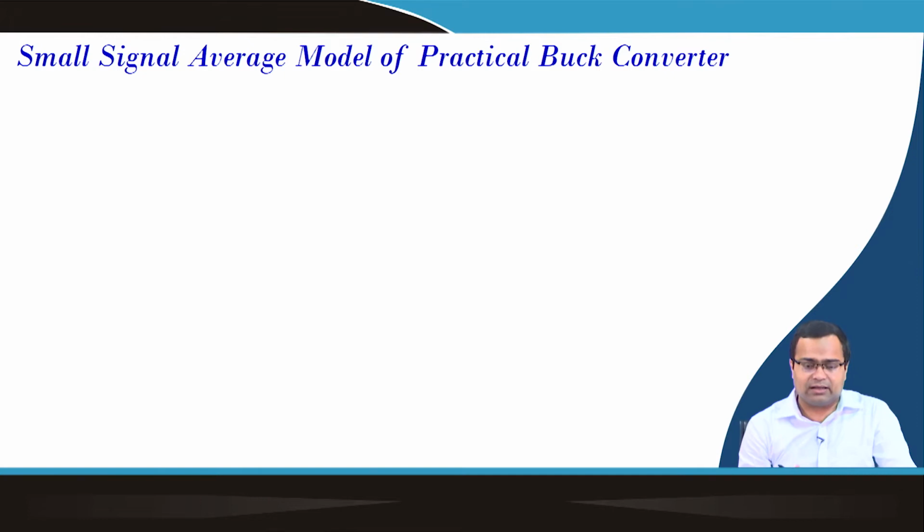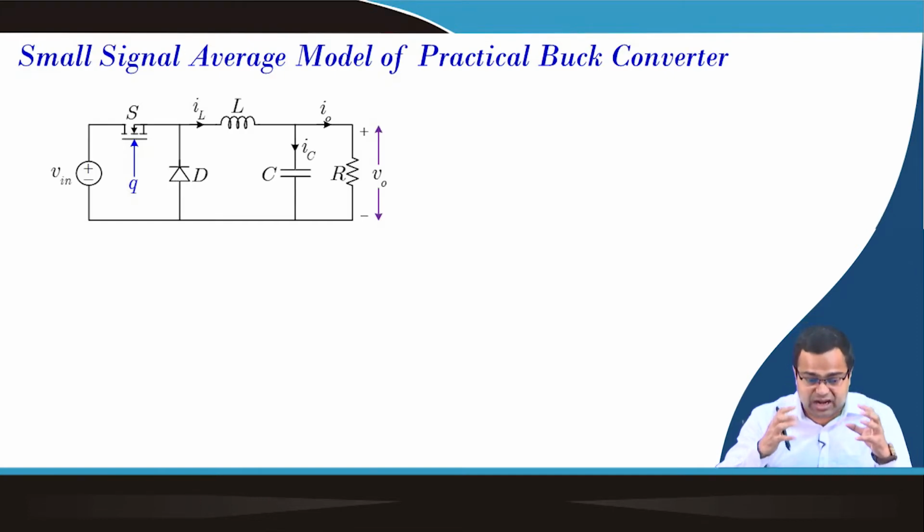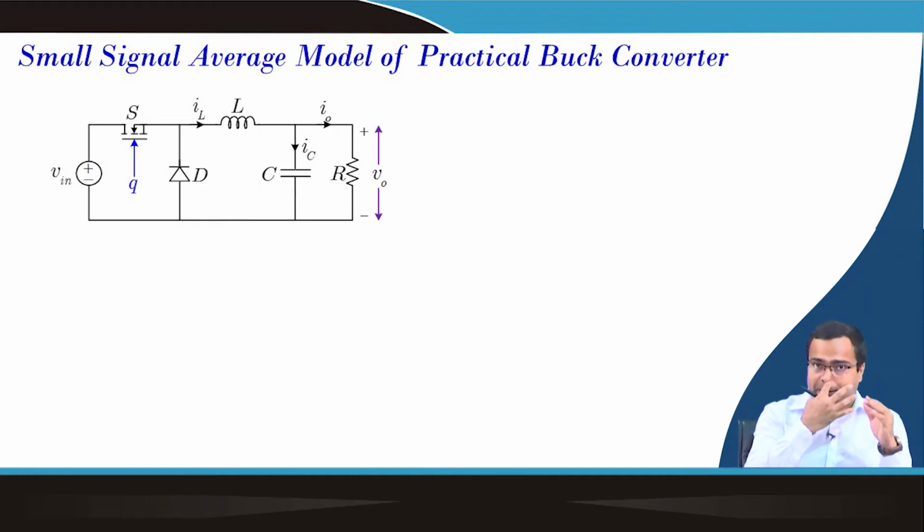Before we start, in the previous class we derived the small signal model from the large signal model, which consists of both DC as well as AC, using state space averaging as well as the circuit averaging technique in the past two lectures. So, we want to continue some of the results that we have shown in the previous lecture, where we obtained some equivalent circuit using either the circuit averaging technique or the average switch model.